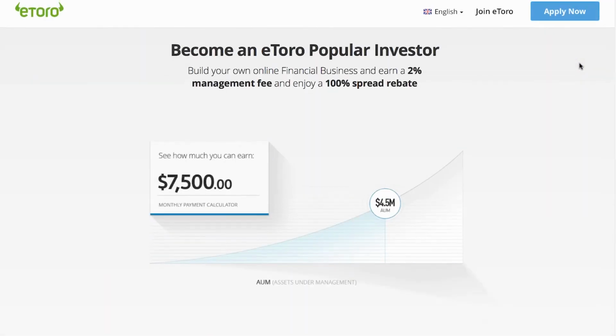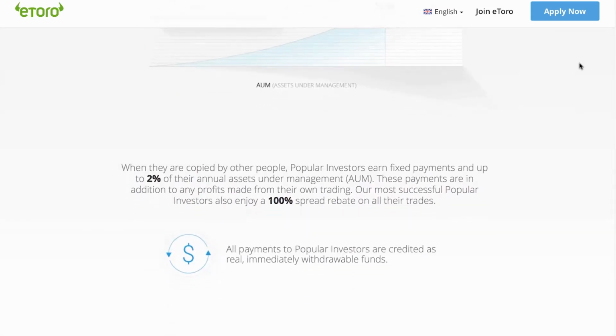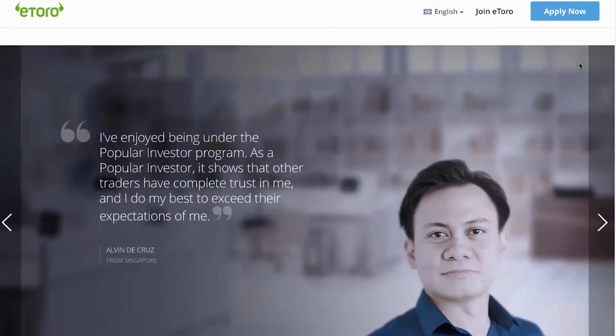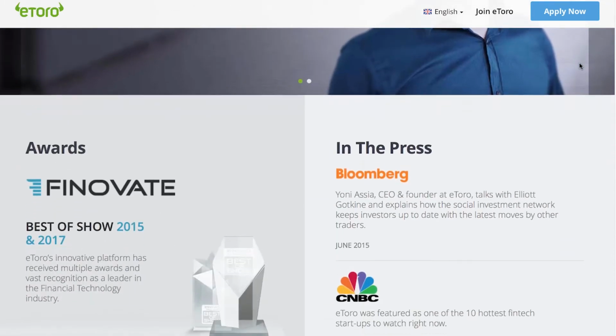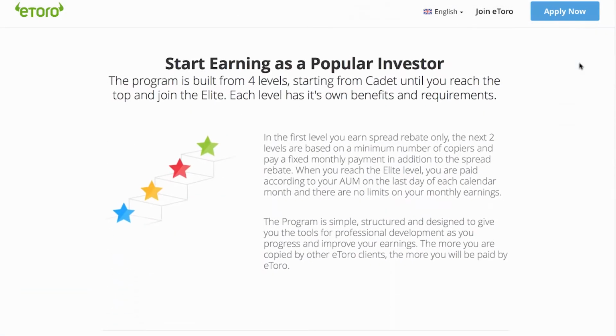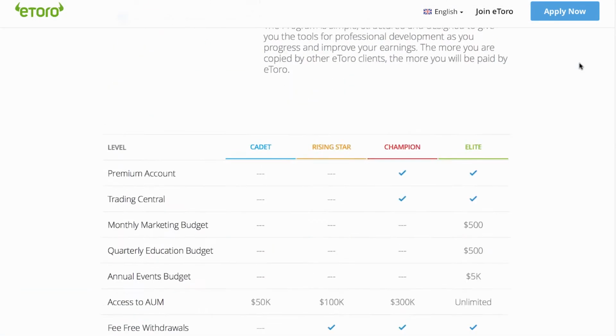On eToro, it's called a popular investor, and people put their money with them and say, right, you know what you're doing, you trade for me, and for free. So that's amazing. So that's basically what social trading tech is. I think it's about the frameworks that people are using, the websites, which are allowing people to become part of social trading and copy trading and take control of their money in a familiar environment.